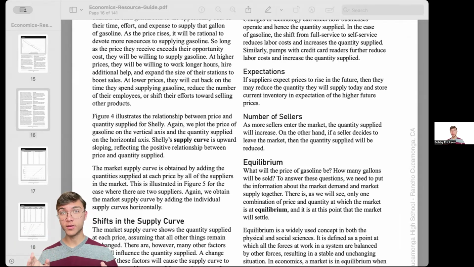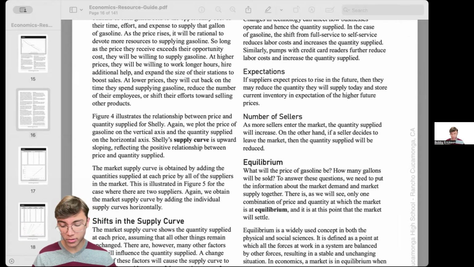So what do you do? Not only are you going to start making more for the future, but you're going to withhold that supply. You aren't going to supply as much in that moment, and thus your quantity supplied would go down, at least in that moment. Then, in the future, your quantity supplied is going to be dramatically higher, because a lot more people are going to want to buy your sandwiches. So this is all about expectations. Same thing goes if you're expecting the prices to go down: then you're going to be trying to sell as much as you can now while the price is still high.